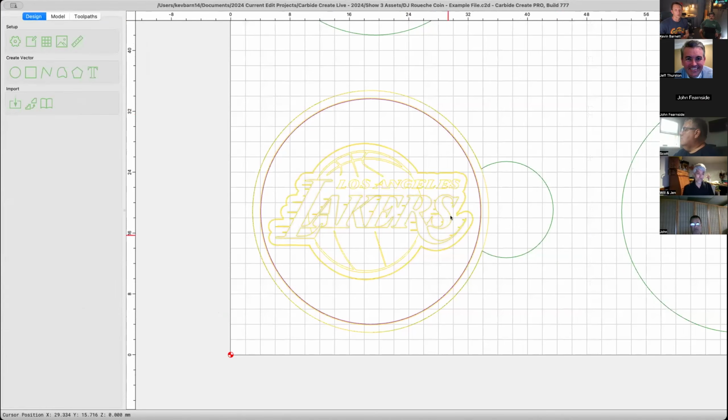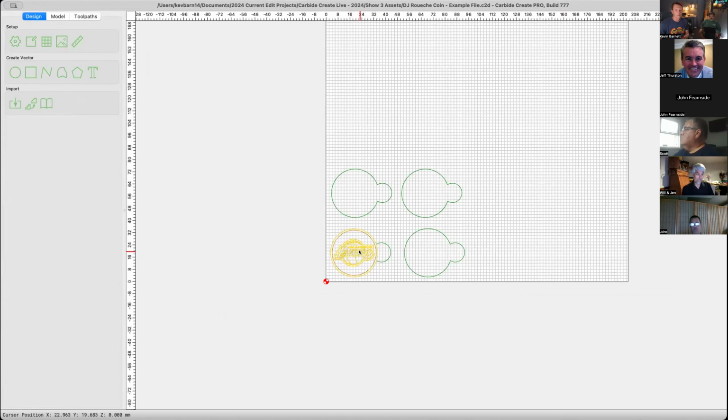If I needed to cut this, for instance, I would go to a piece of MDF. I would make a program where my Z0 was in the center. I would center a circle that's just larger than my object around that particular XY0 in the middle, and I would press fit this thing right into the middle of that, and then I would cut it. That's how I do the coins. Let's go to the coins real quick here, looking at the coin project. If I wanted to cut just one,